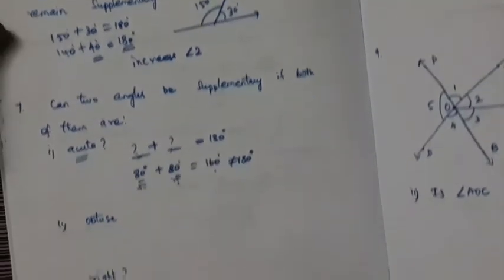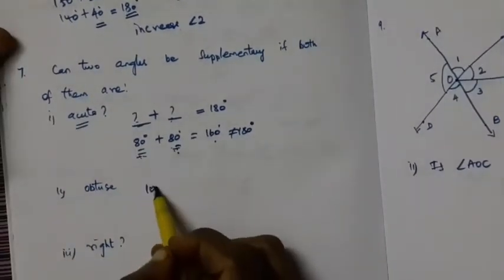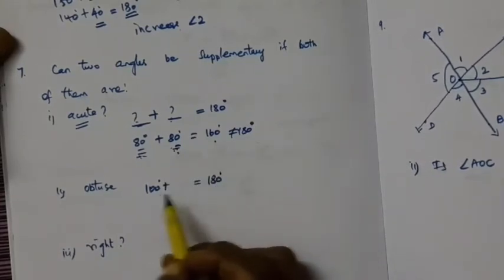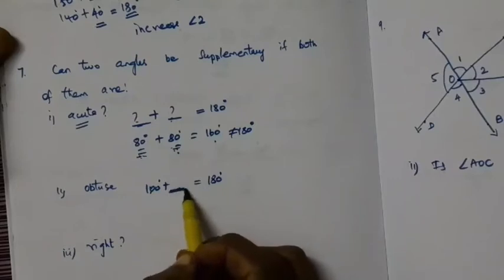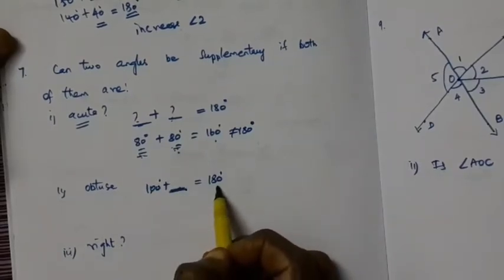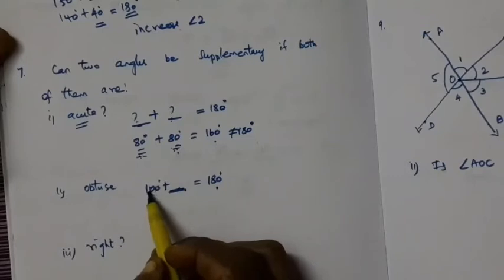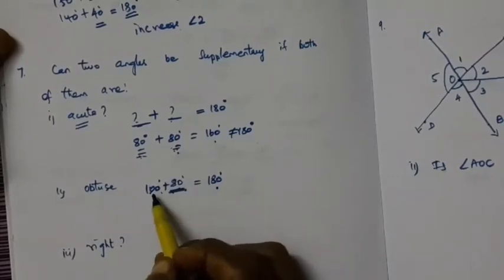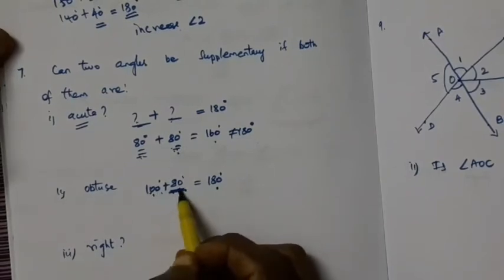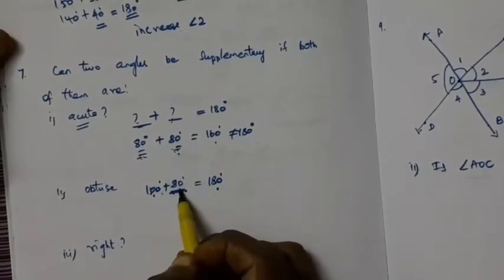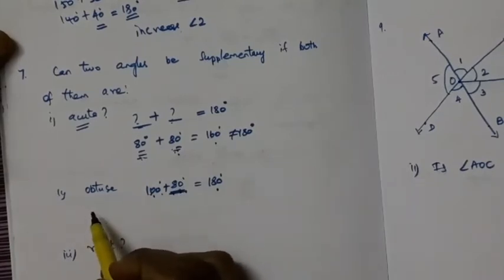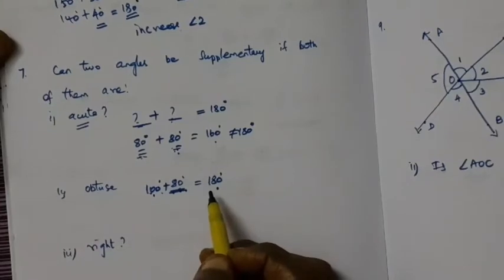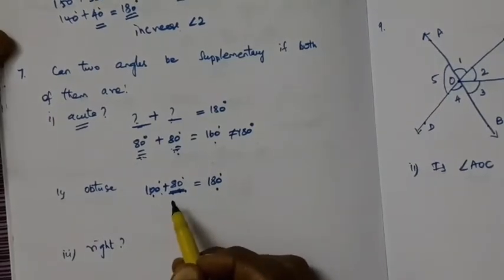The next is similarly for obtuse angle. Take obtuse angle 100. So you have to add another obtuse angle so that you can get a 180 degree, which is not possible because if you take obtuse angle, only if you get 80, then only you will get 180 degree. So here 100 is a obtuse angle, 80 is a acute angle. So this is not possible. When two obtuse angles add up, will not give a supplement. They are not supplementary. We can try some. You can try more examples.